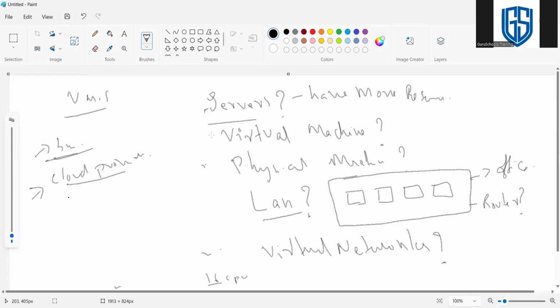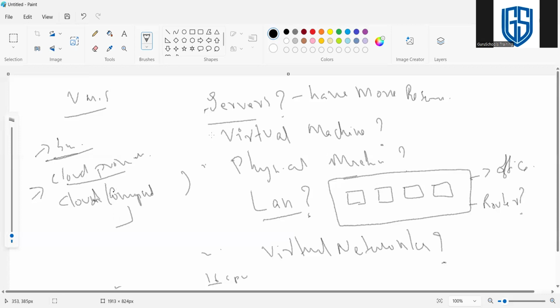Then there is an option, for example, cloud computing. Computing means they will offer virtual machines for running computational purposes, for example CPU, memory, and all things under compute.